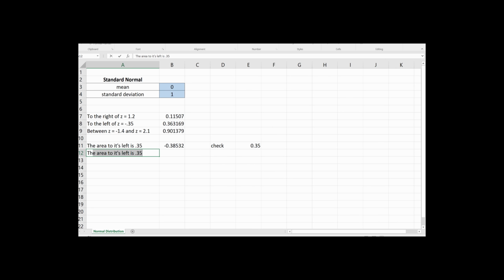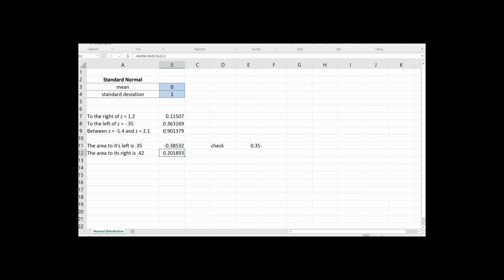The area to its right is 0.42. Okay, I'm just going to copy this down here, and I'm going to change just one parameter. I need to plug in 0.58 into my command here, and the z-score that I get is